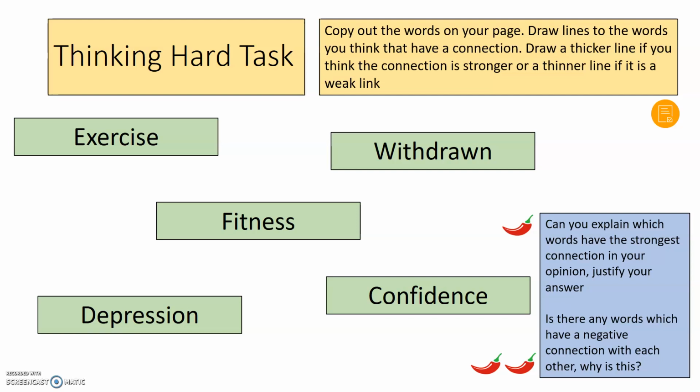Some of you may have put depression and fitness together. We've got to be careful here, because depression links into us being unhealthy, if we remember looking at the physiological, the psychological, so the mental, and the social well-being in regards to health. But with fitness, we might be able to cope with the demands of the environment, but we still might be depressed. We'll see certain athletes who are like that, who are able to cope with the demands of the environment, but actually still might be depressed. So we've got to be careful in regards to what we've linked together as a negative connection.